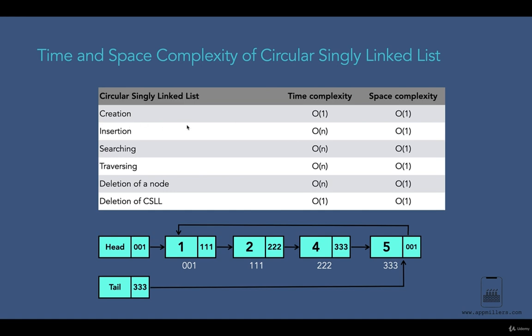Now when we are inserting a node in CircularSinglyLinkedList, we have three cases. The first case is we are inserting a node at the beginning of CircularSinglyLinkedList, and the second case is we are inserting a node at the end of CircularSinglyLinkedList, and the third case is we are inserting a node at any given location in the CircularSinglyLinkedList. Now when we are inserting a node at the beginning, in this case the time complexity is O(1) because here we are just changing the references of head and last node's reference to point to this node over here. So this operation takes O(1) time complexity,